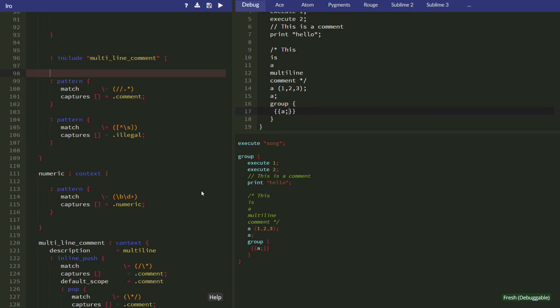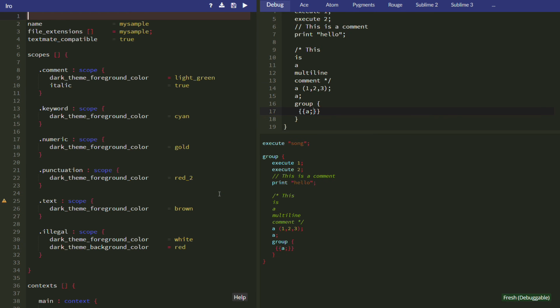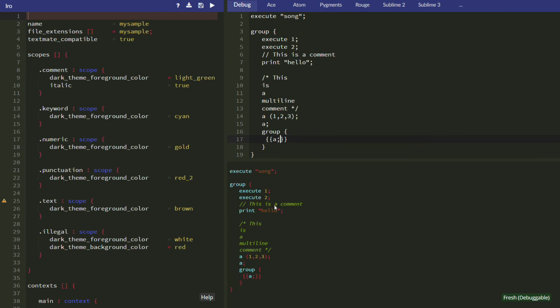So that's the first thing I want to demonstrate, and the other thing that I want to demonstrate is just to give you an idea of how this works in reality. Now in reality, all of these different syntax highlighting systems have different ways of marking the code. So ACE uses particular types of rules, Atom uses other types of rules which actually join together with TextMate. So Atom, Sublime, and Sublime 3 use much of a muchness, but Pygments, Rouge, and ACE use different types of markers. So if we have a look at ACE,